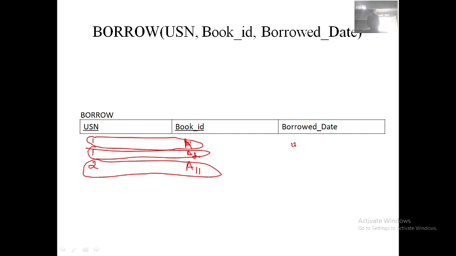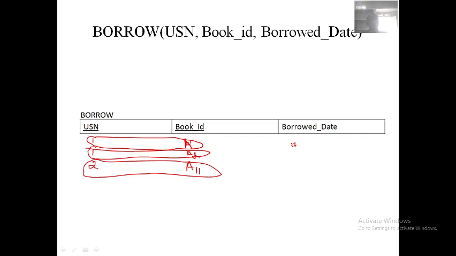Whenever you have multiple primary keys in a single table, this is what we do. You can understand this better whenever you are entering the values in the table. So this table has USN and book ID both together as the primary key, and individually USN is a foreign key and book ID is a foreign key.